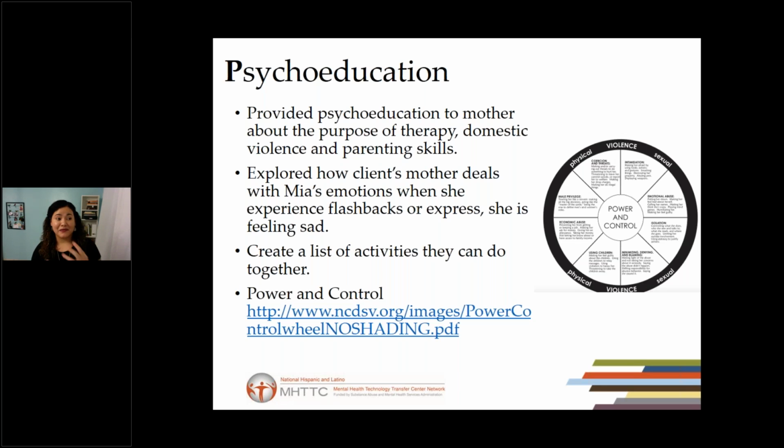I tried to use more simple words and bring examples. She was able to memorize this wheel, and at the end of the session, I remember she said, "Mom, come here, I need to explain this to you." And she explained everything. Like he was thinking that he was the king of the castle. He wants everyone to do what he wants to do. So she was able to internalize it, and that was like an aha moment for her.